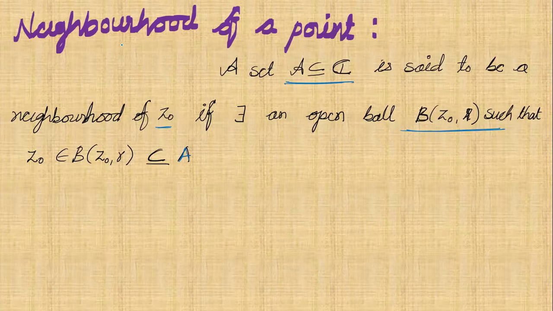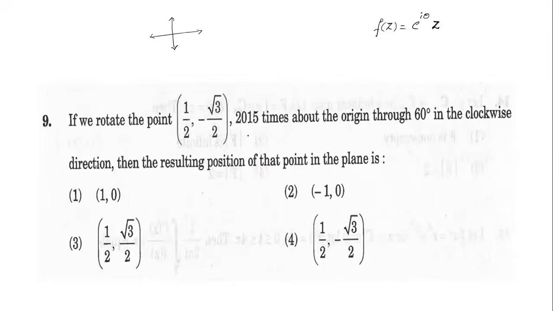Neighborhood of a point, question based on neighborhood of a point. Next, ninth question. If we rotate the point 1 by 2 comma minus root 3 by 2 comma 2015 times about the origin through 60 degree in the clockwise direction, then the resulting position of that point in